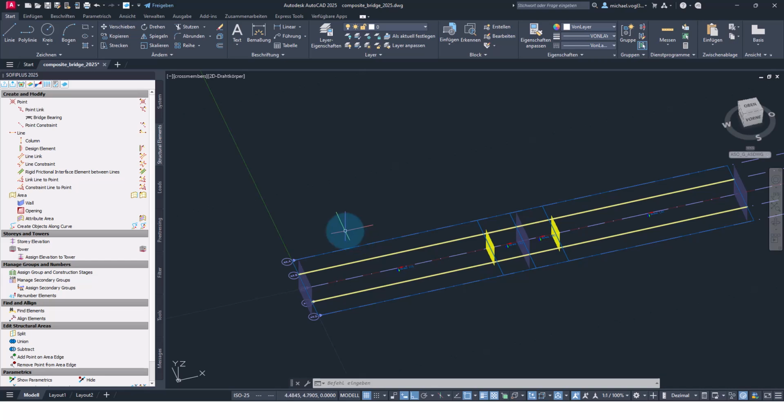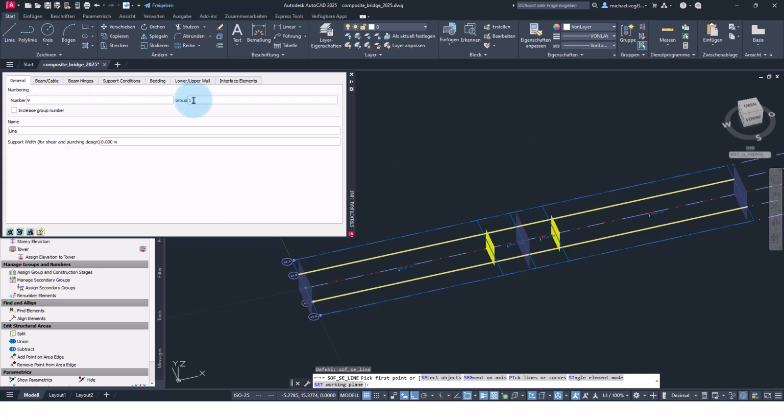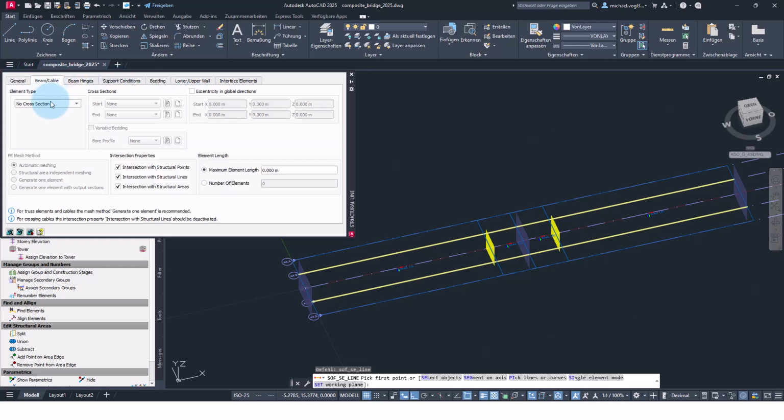Okay, now let's create structural lines for the transverse bracing. So go to line and make sure that we have group number 1 assigned. And as element type, we want to have beam with reference axis, and we choose the newly created cross section number 3.